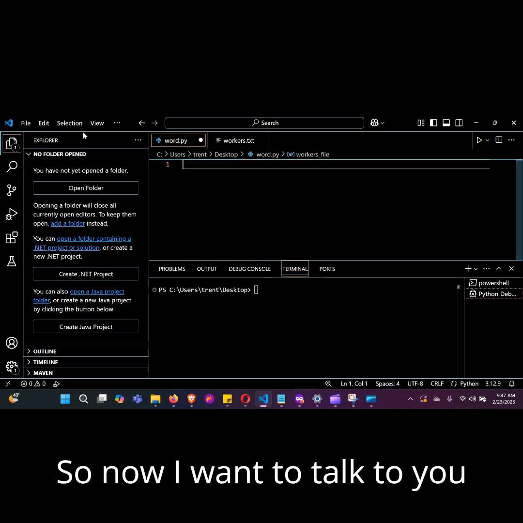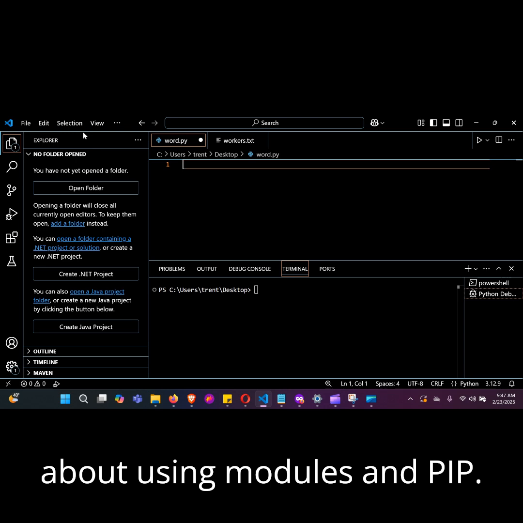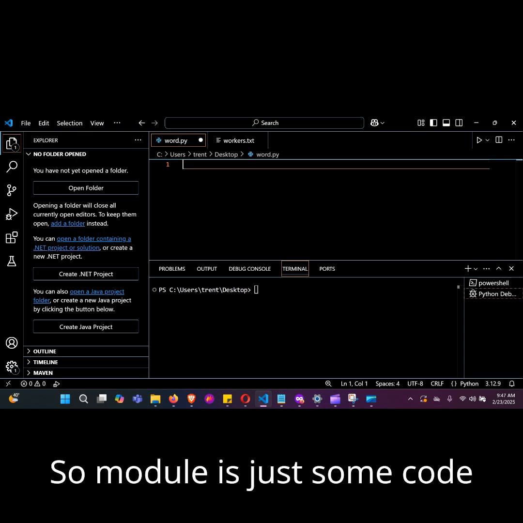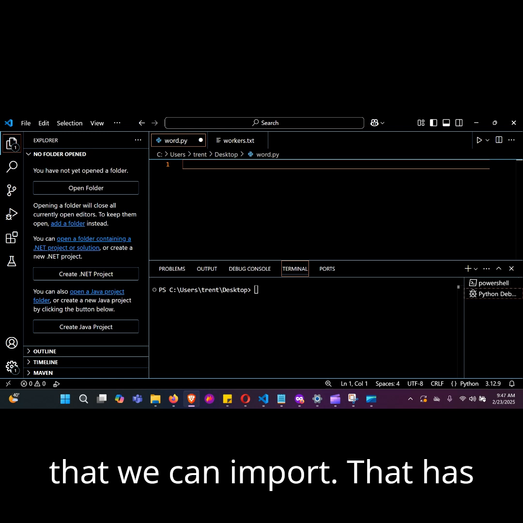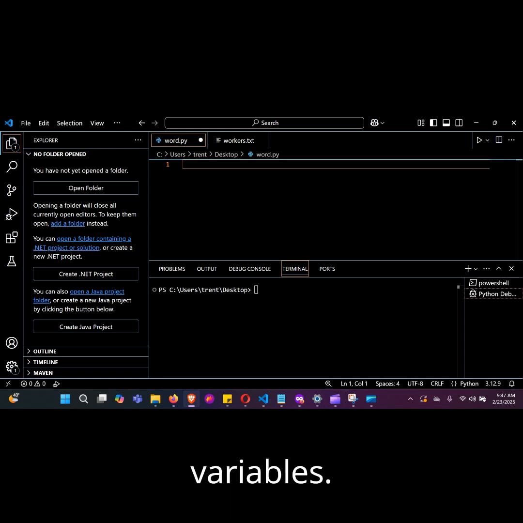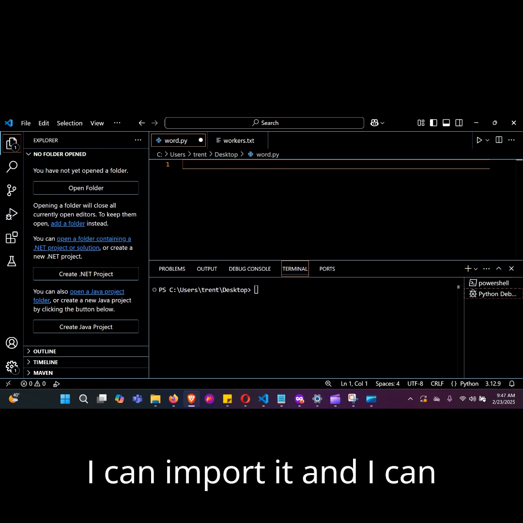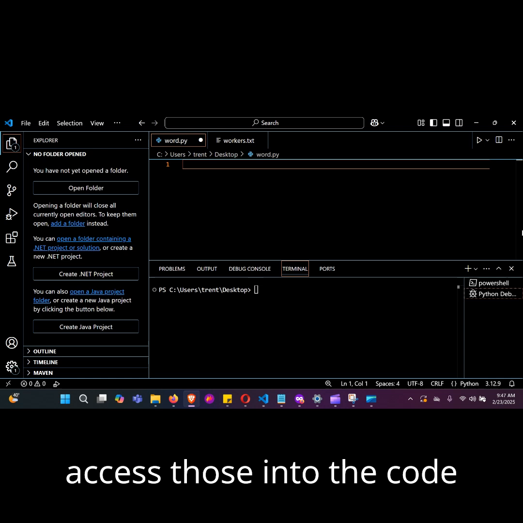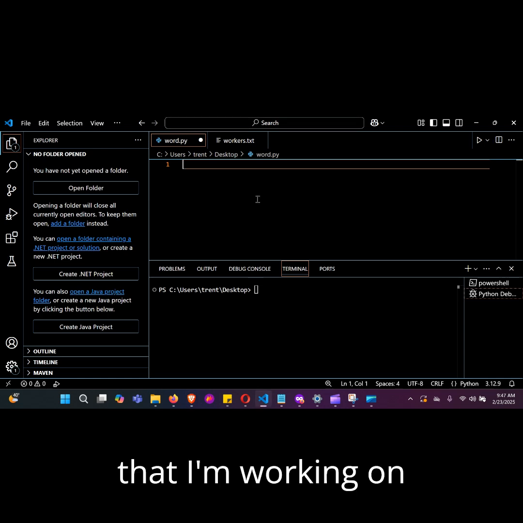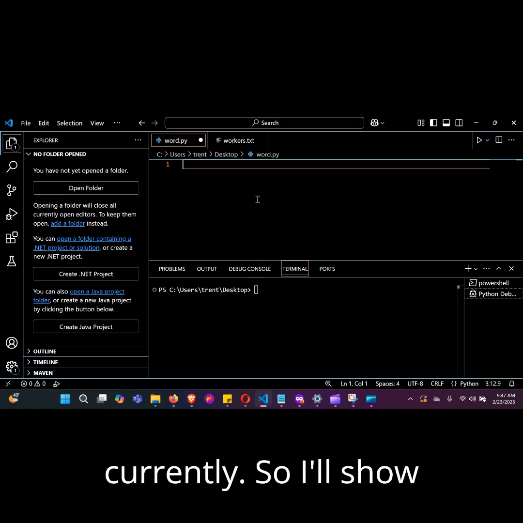So now I want to talk to you about using modules and pip. So a module is just some code that we can import that has useful functions and variables. I can import it and I can access those in the code that I'm working on currently. So I'll show you where you can find modules, and what I'll do